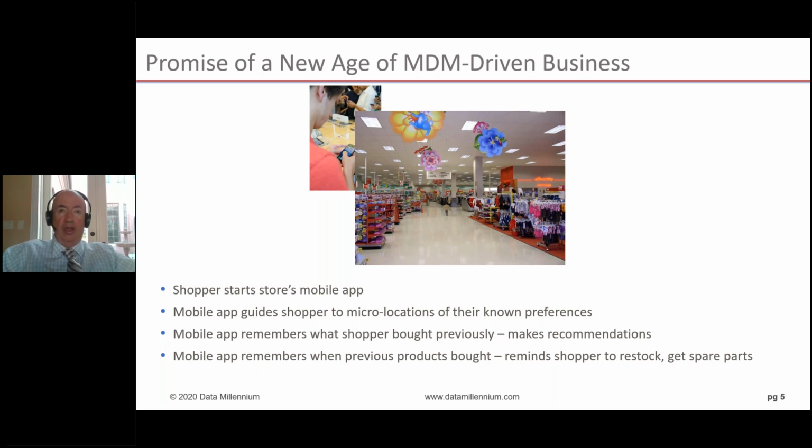So you can walk to the places and find them pretty easily without having to ask a store associate. Also, the app can communicate back with the MDM hub, which contains not just your profile information, but also information about your past interactions with the company. And it can make recommendations to you, such as if you're walking out of the store, it might say, well,